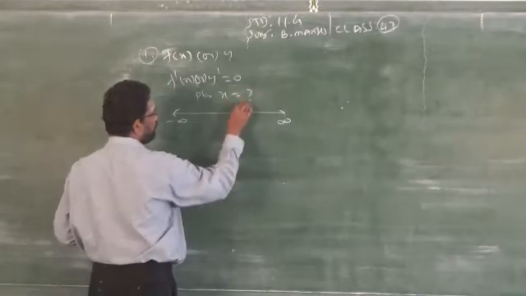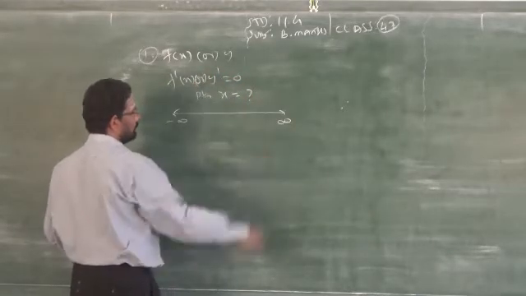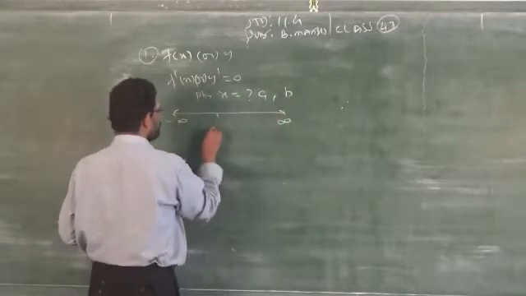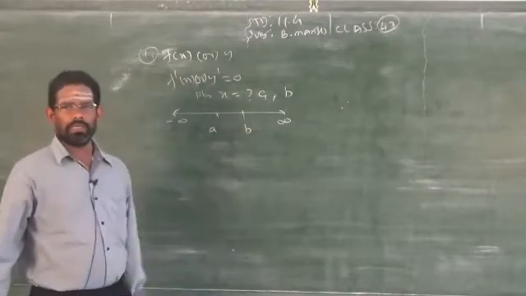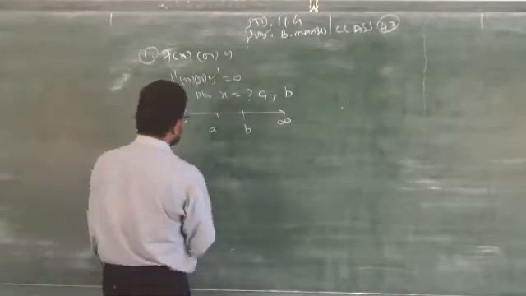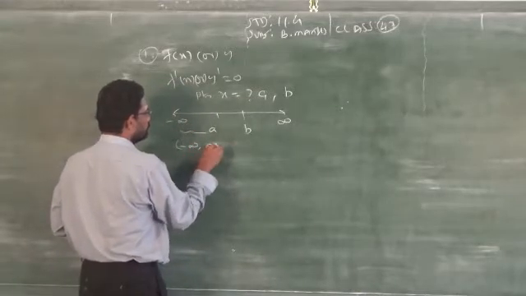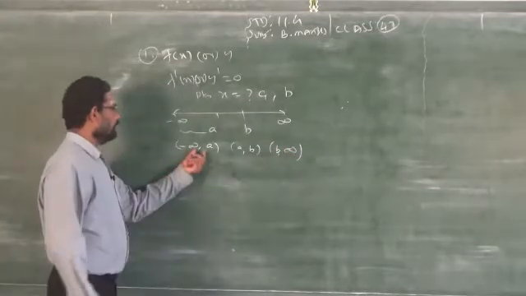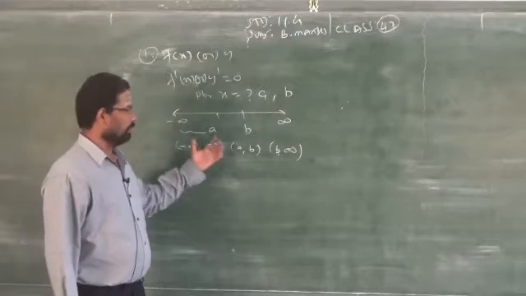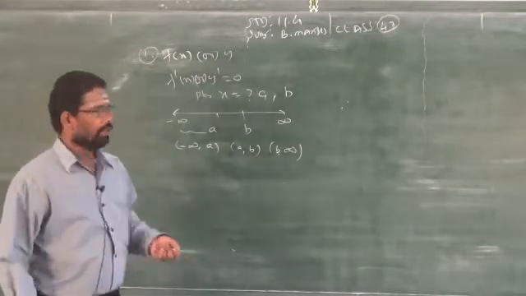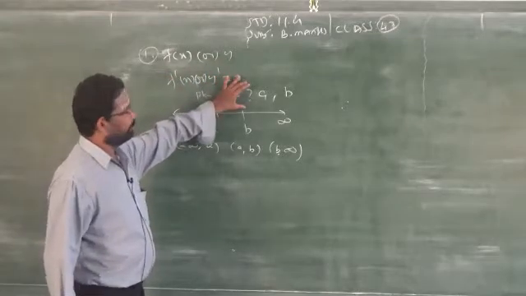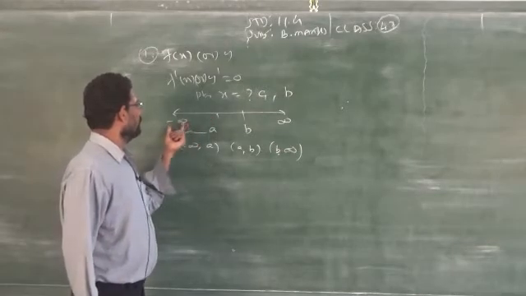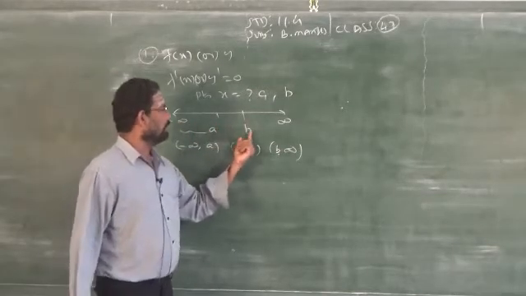So you find the points by factorization or whichever method. Suppose I have 2 points, a and b; sometimes you may have only 1 point. Just plot them on the number line according to the number line process. Then you split the interval. Clear? First order, make it equal to 0, find points. You place these points on the number line, then form the intervals: from minus infinity to the first value, then second value to third one, and third to infinity.